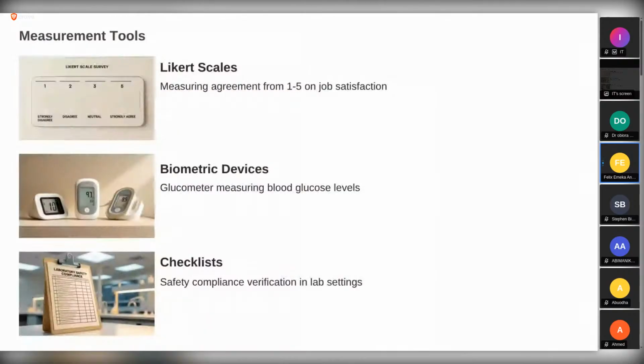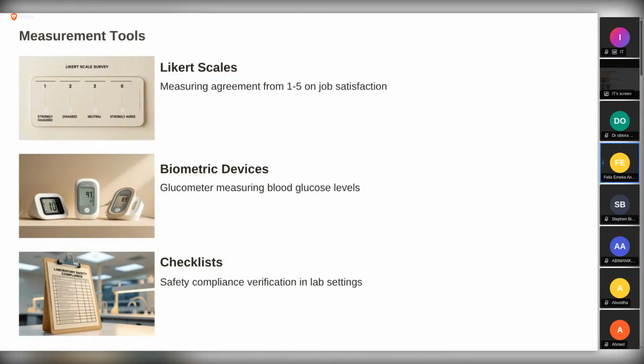All right, so the measurement tool, apart from the equipment, the one we usually use is the questionnaire or the survey tools, sometimes they can have a Likert scale. I will show you an example. I had also talked about the biometric devices and how you can validate them. I just gave you an example, the inter-rater. All right, sometimes it can be a checklist.